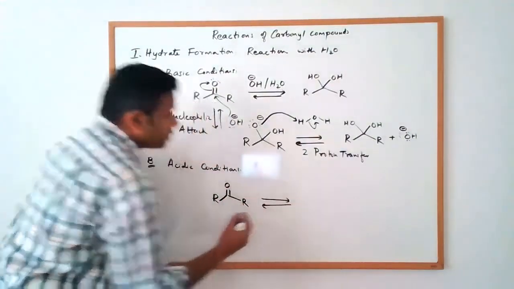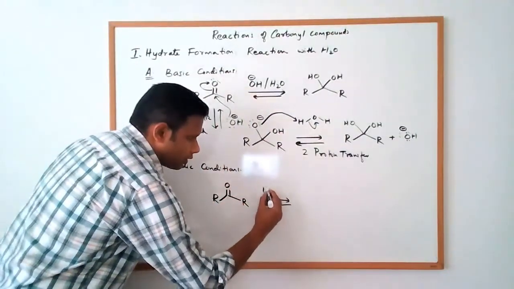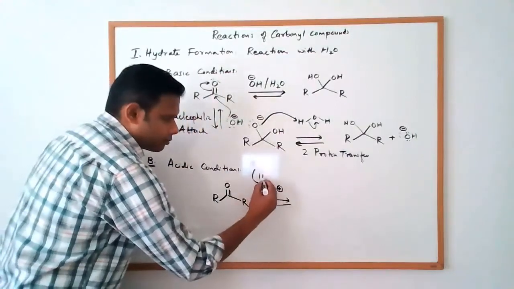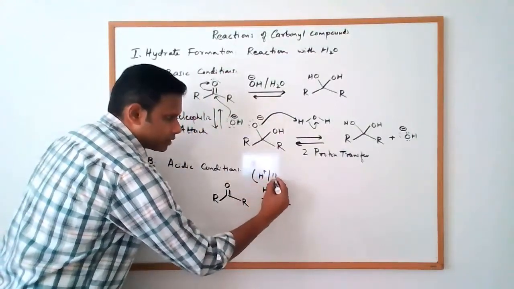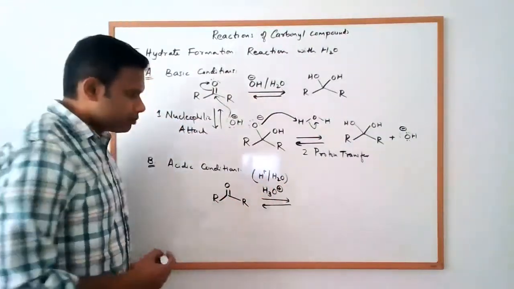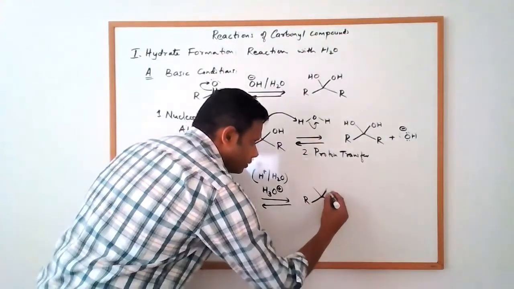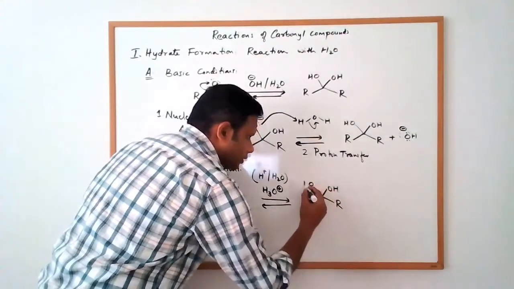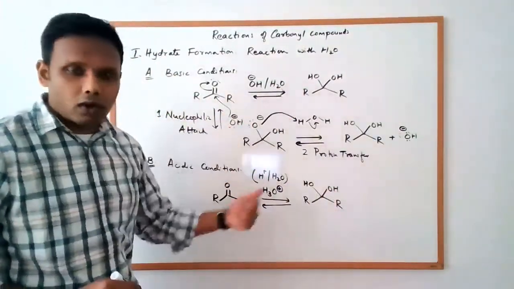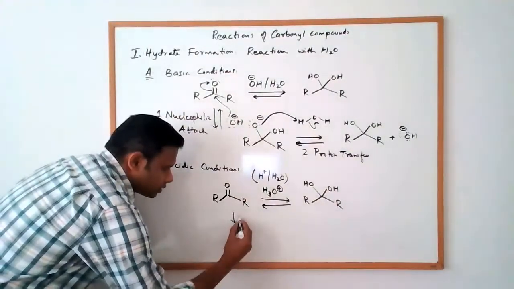Okay, and so now since we are under acidic conditions, we can write a hydronium ion here. And realize hydronium ion is nothing but acid and water. That's what we're talking about here, just a hydronium ion. And our product is again going to be the hydrate. Okay, it's the same product, whether you're under acidic or basic conditions. And similar to what we've discussed earlier,